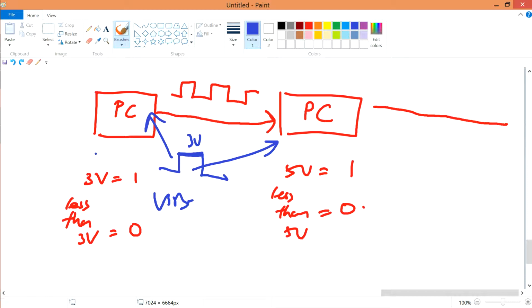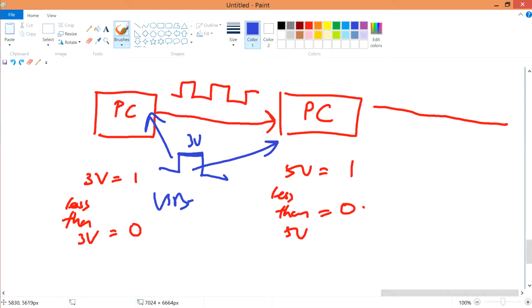If you have more than 3 volt, then it's also equal to 1. Alright, that's the meaning of that. So therefore, if over here it supplies 5 volt, then, let me see, yeah, you know what I mean. But anyway, the USB's purpose is to ensure that both of the PCs